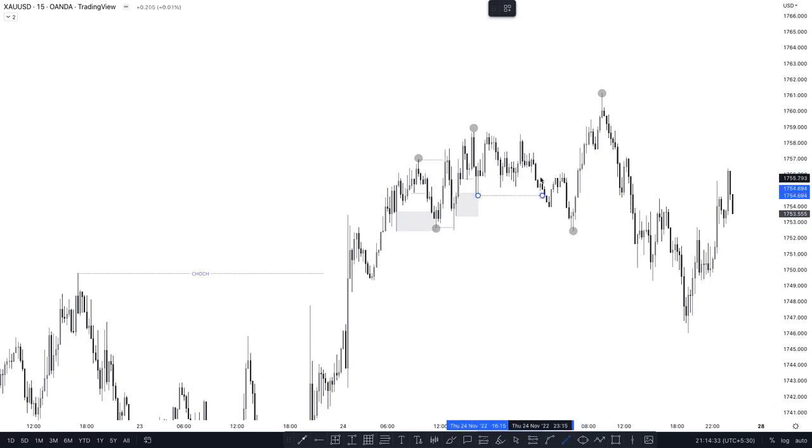Break the previous low, sweep the inducement, and again you can sell for the short term at this point, till the previous demand and previous low, which one is here,